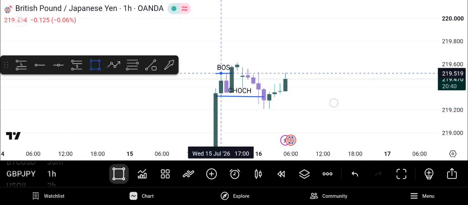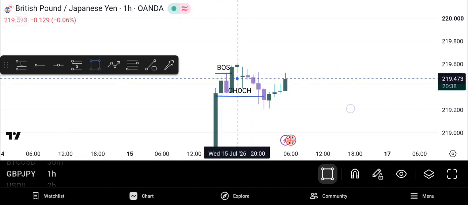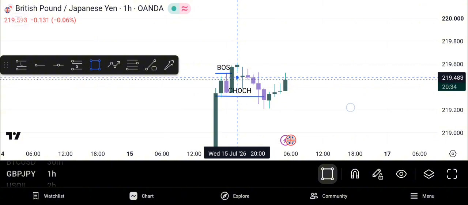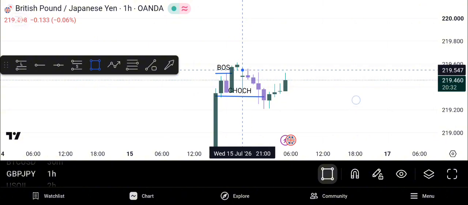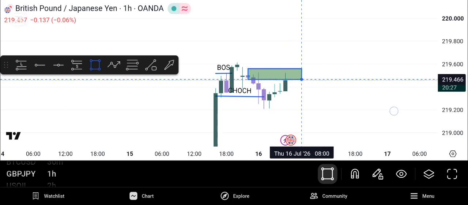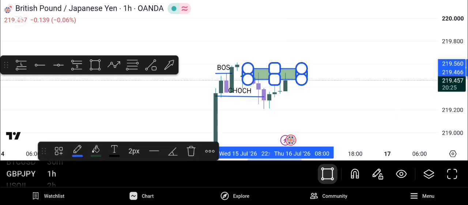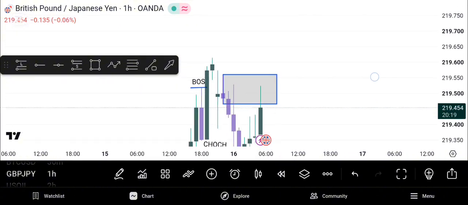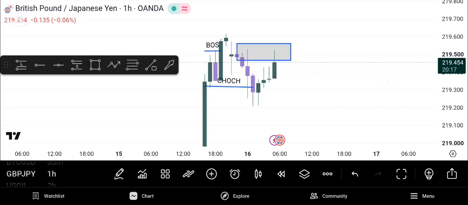After that, this was the demand zone or order block which started the move. This is this guy. You can see that price just tapped into it. So that is the demand zone or order block which caused that move. Now, since we mapped out our order block on the 1 hour time frame,